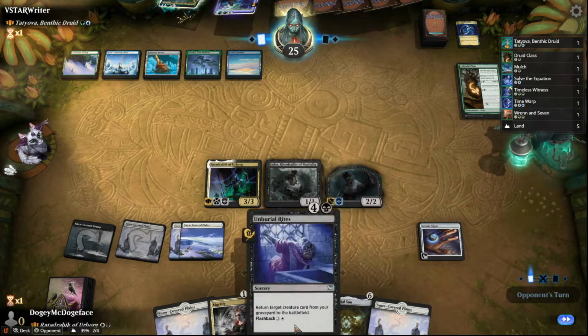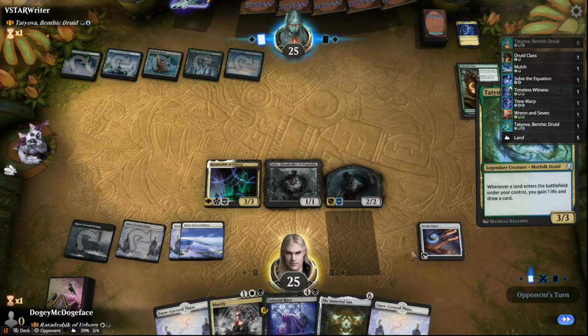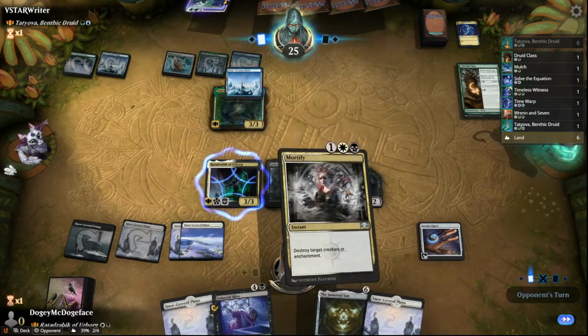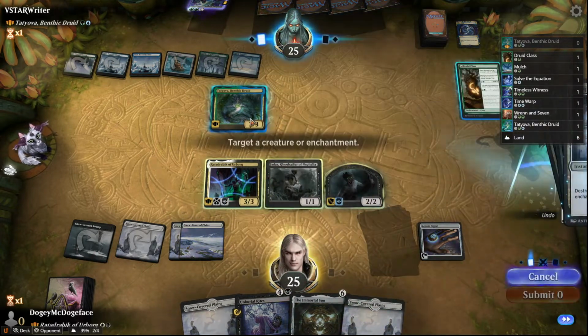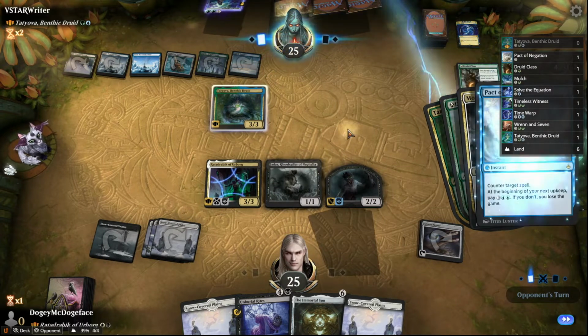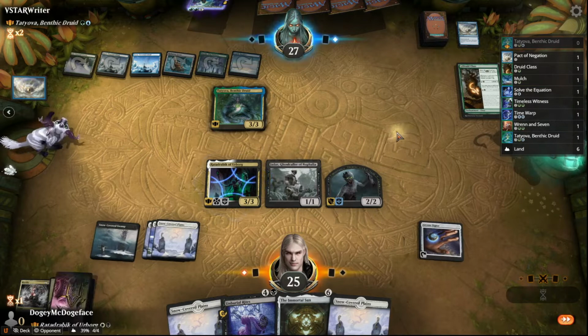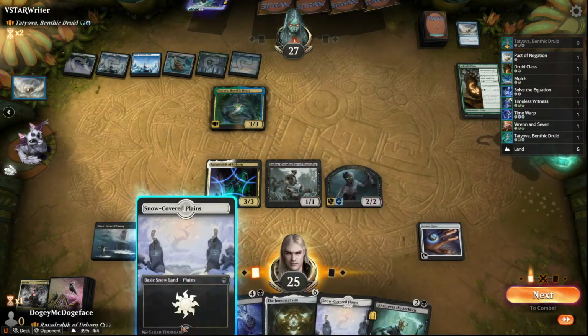I quite like what we've got going on here. Just the Immortal Sun makes me feel safe. Okay, they're going to concede when we Mortify the Tetiova, probably. Oh no! Kill it! They might draw another land with the Tetiova. Wow. Hacked. Okay, they didn't draw another land, so...